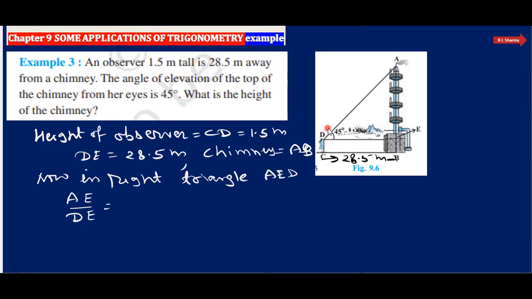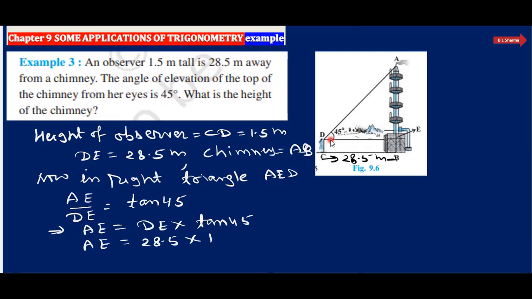For this angle of 45 degree, AE is perpendicular, DE is base, perpendicular upon base is tan theta, and here theta is 45 degree. So we can write AE is equal to BE into tan 45 degree. So DE is